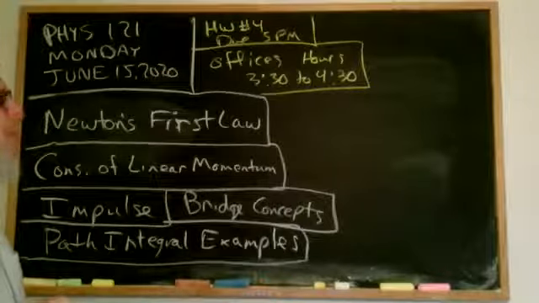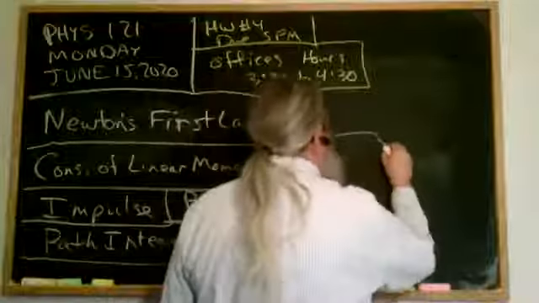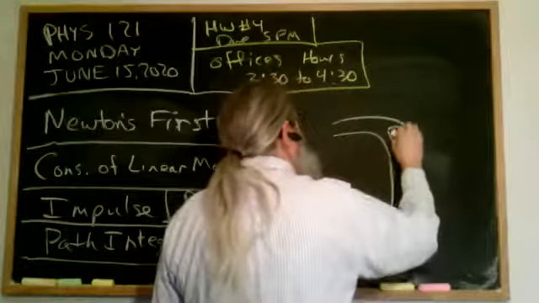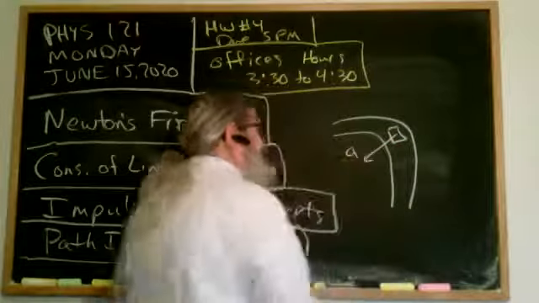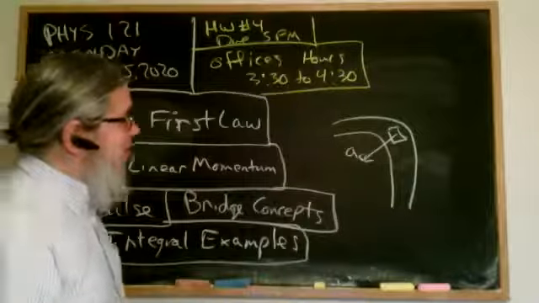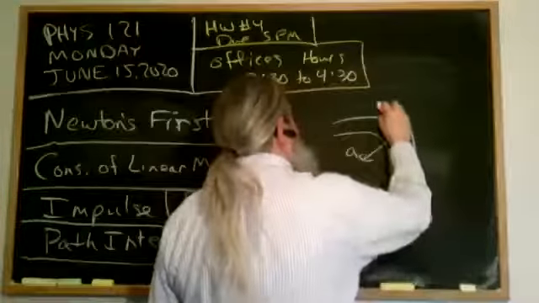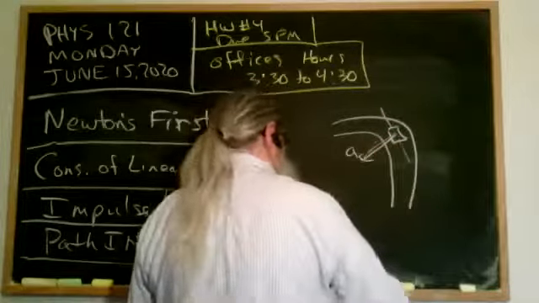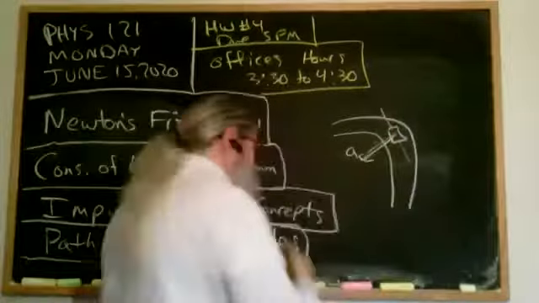The main thing people got tripped up on for the exam is problem 1, where you're coming around the curve, and there's the car right there. Most people correctly noticed that there was an acceleration on the car and it was in the centripetal direction. But a few people got confused about friction. In this problem, the force of friction is not pointing this way or this way. It's the force that's keeping the car on the track. If it wasn't for friction, the car would go perfectly straight. So that's something I want to talk about today.